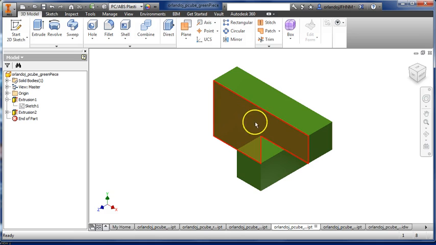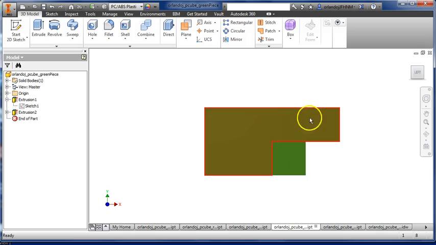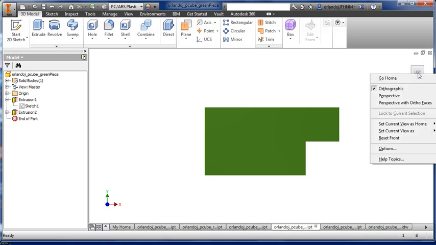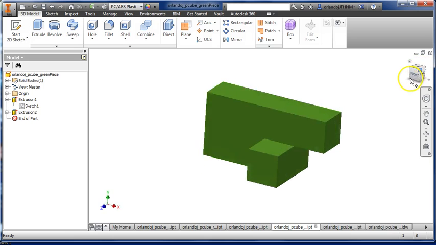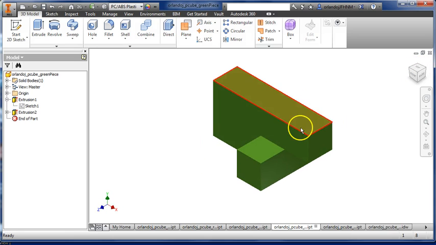I want to re-image this to be the front face. This look at tool helps square things up. I'm going to choose that, and that's what I would like to be my front view. Now with that squared up to my line of sight, I'll right click on the view cube and say set current view as front. And we'll double check. If I click this top right corner, I should get now my front, right, top, ISO, and that's better. I'm going to hit save. I'm going to go back to my